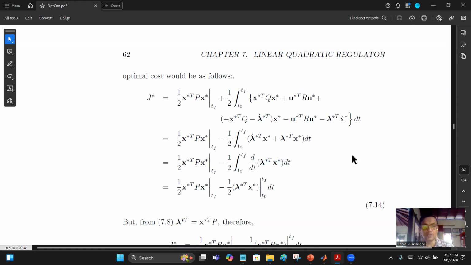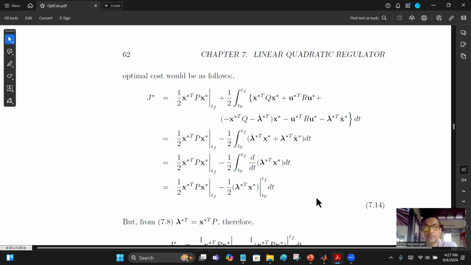So lambda transpose x is the product, and when it has been differentiated, that's why you get this expression. So integration and differentiation cancel out, leaving you lambda transpose x